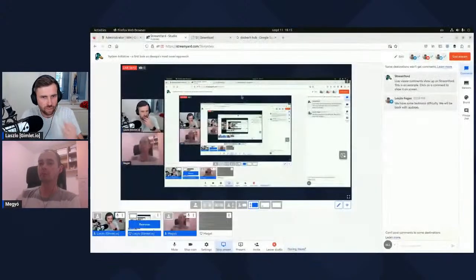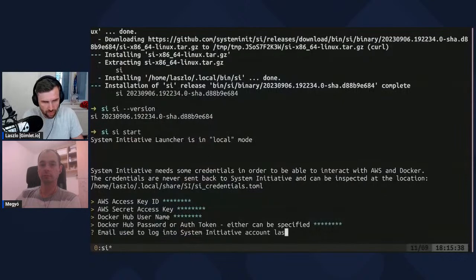All right. Docker Hub username. Let me do that. Yeah. And your Docker Hub password. All right. Docker.com, I guess. Username. Oh, and then password. Copy. Email used to log in. Oh, yeah. I actually don't know. I mean, I used my GitHub, so is that this one?